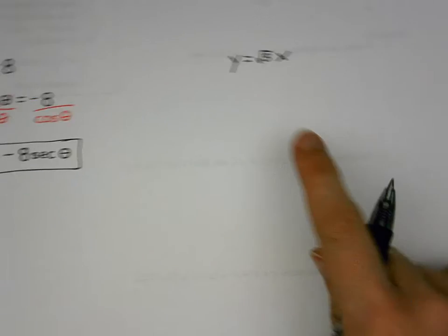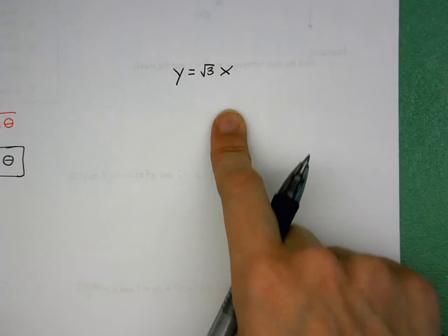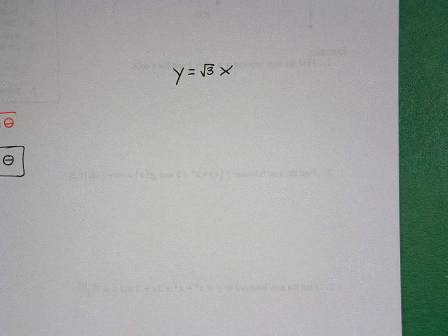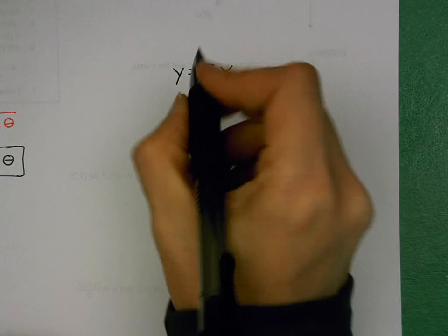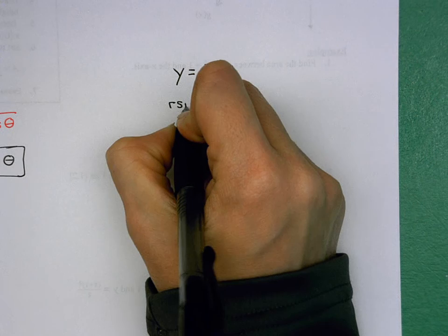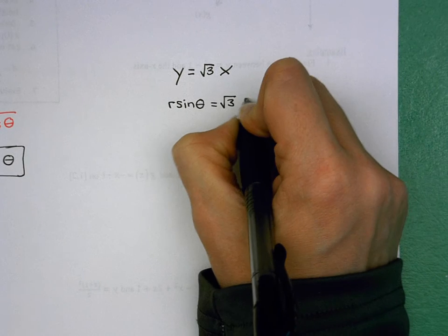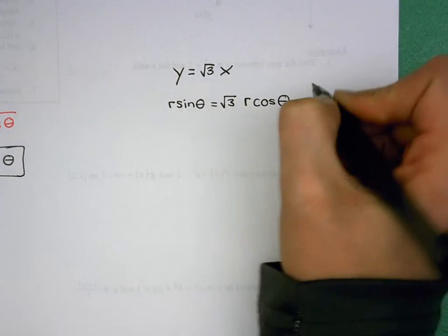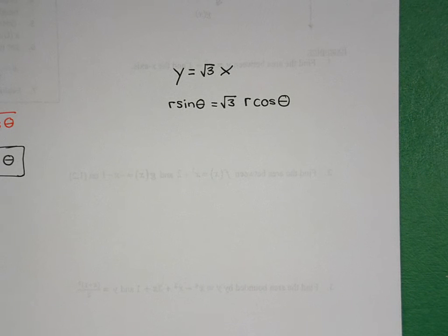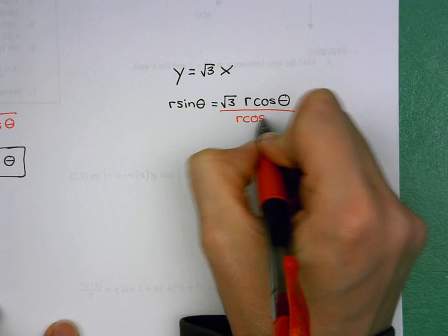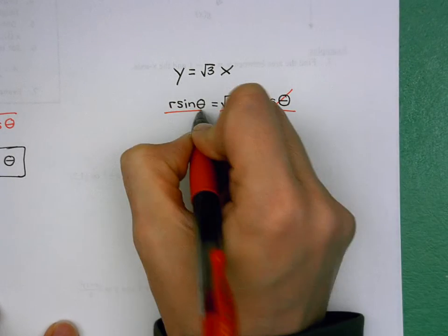Okay, last one. Go ahead and pause the video. Give y equals √3x a shot. Restart it when you're ready. Okay, substituting, we have a y and an x. So y is r sine theta. x is r cosine theta. Rewriting, simplifying, factor, Pythagorean identities, none of those are going to work. So we're going to go ahead and isolate, solve for r squared, r, or theta, whichever one is most appropriate. In this case, I'm going to divide this r cosine theta over to the other side,